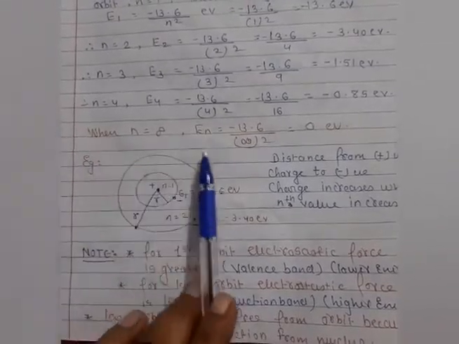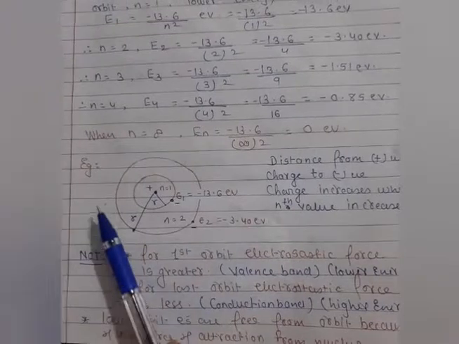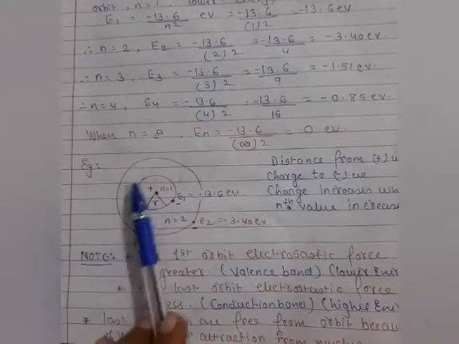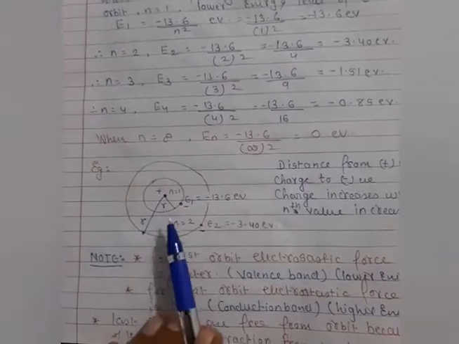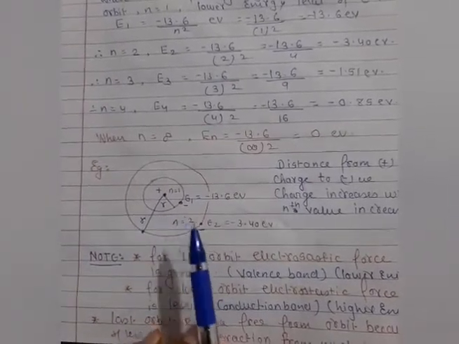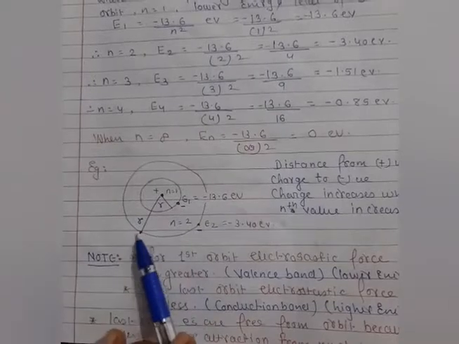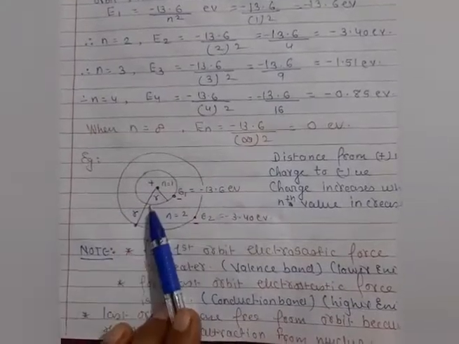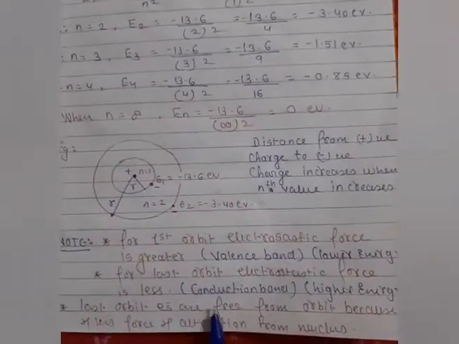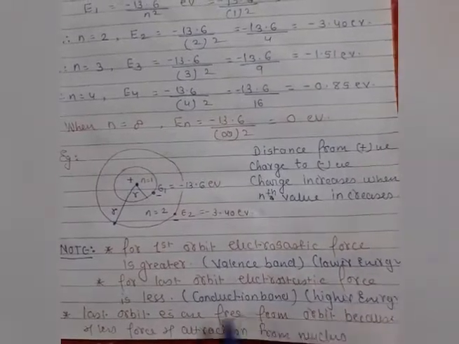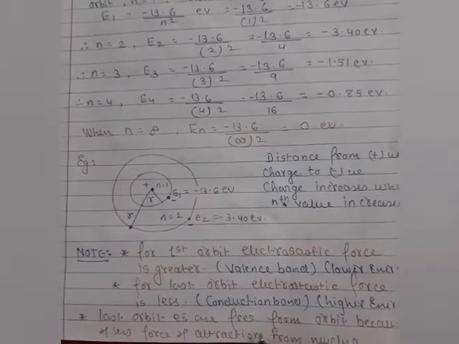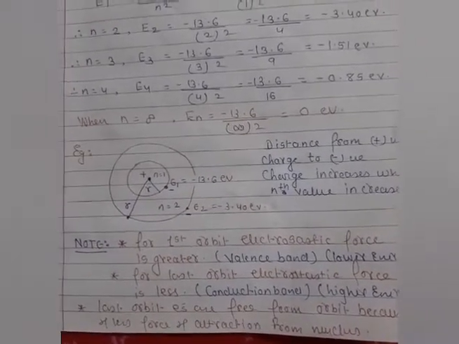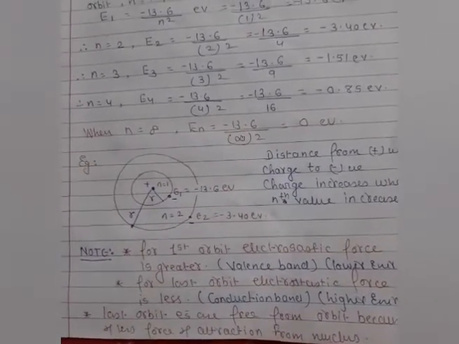That's why the last electron is lost from the last orbit when we apply more external electric force, more external heat around an atom. And here we consider the hydrogen atom. That's why, students, the last orbit electrons become free from the orbit because of less force of attraction when we apply more heat surrounding that atom. Hope you are clear about it.